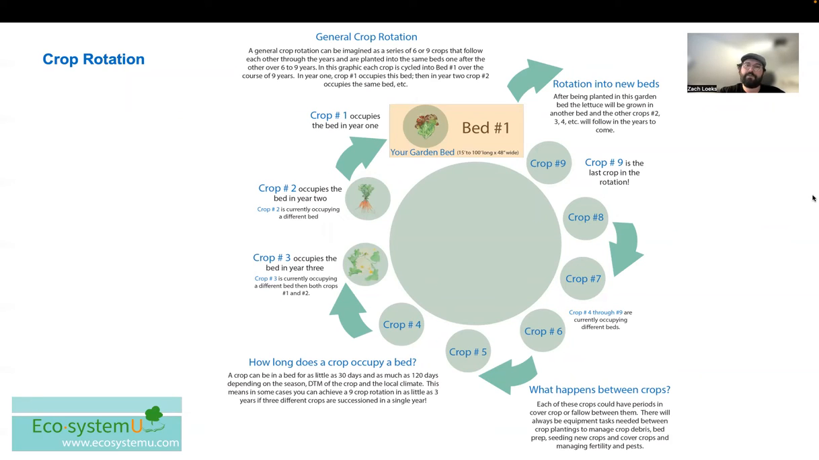But at the same time, you want to take into account other considerations like fertility needs so that you're balancing heavy feeders and light feeders, crops that require a lot of fertility like squash with crops that have limited fertility needs, examples being things like lettuce. When you do this, this allows you to balance out the fertility inputs throughout your entire garden plot. And it also allows your crops to help add fertility through creating compost in your garden beds